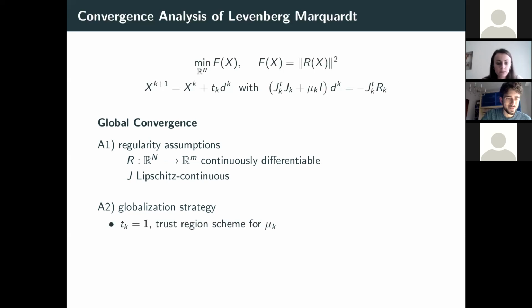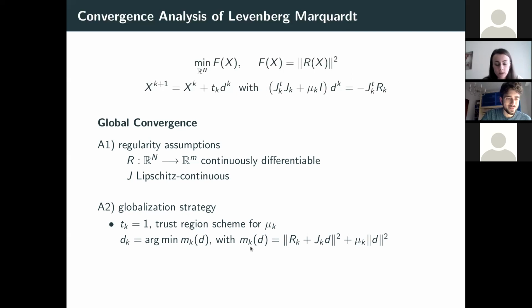One way is to just take the full step size, so we have alpha_k equal to 1 each iteration, and then we use a trust region scheme to update mu_k. And this is the standard choice for Levenberg-Marquardt. So Levenberg-Marquardt was originally presented with this update scheme for mu_k. What does it mean that we use a trust region scheme? So we can see that if d_k is the solution of this linear system, then it's also the minimizer of